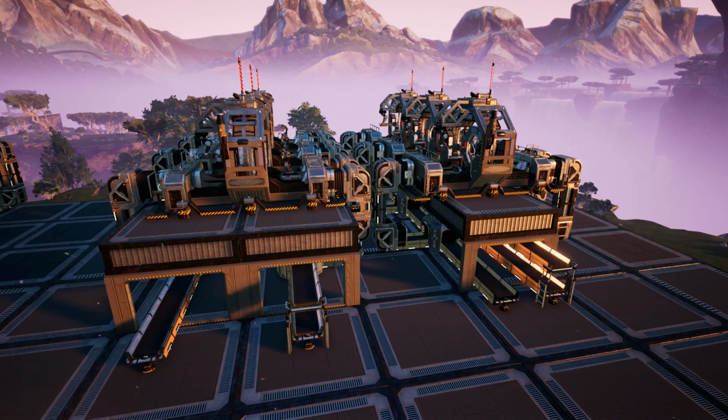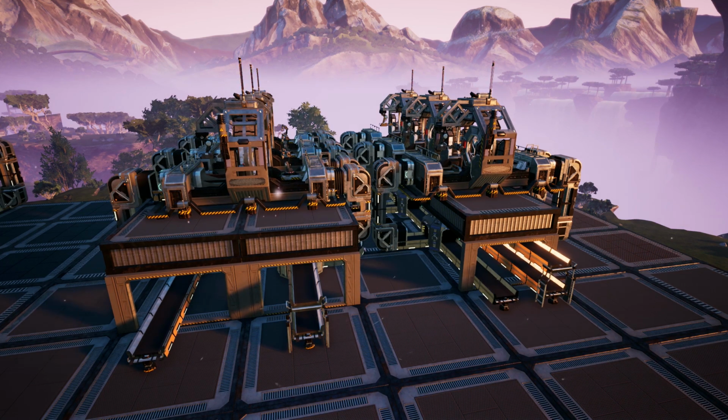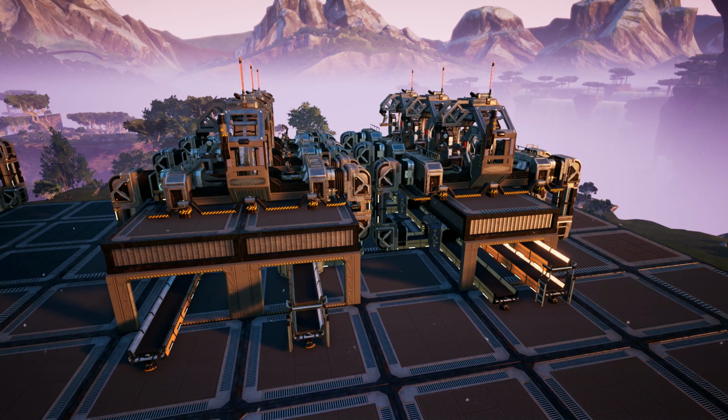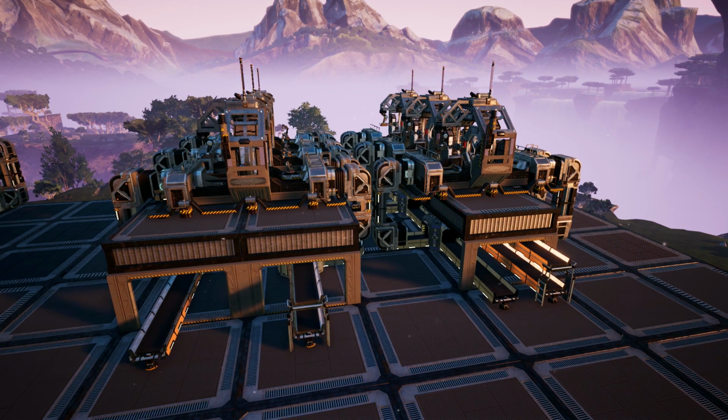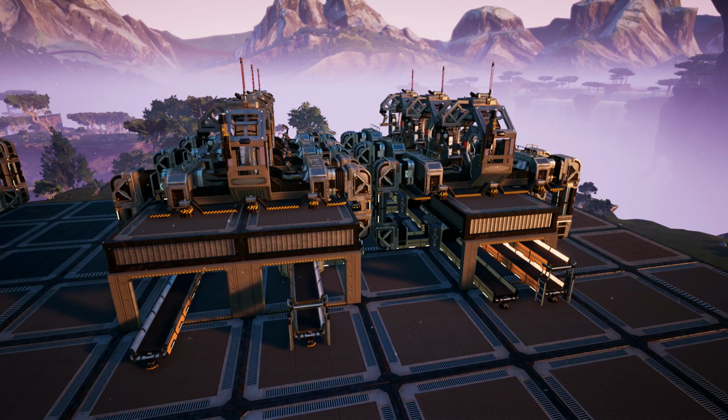The next time we're going to have a look at the manufacturers. I'm not sure if it will be this week, next week, or the week after that. But it should be coming soon, and you are going to be in for a treat. There are a lot of different ways to build them, and they are going to diverge. At least some of them are going to diverge a lot from what you have seen in the